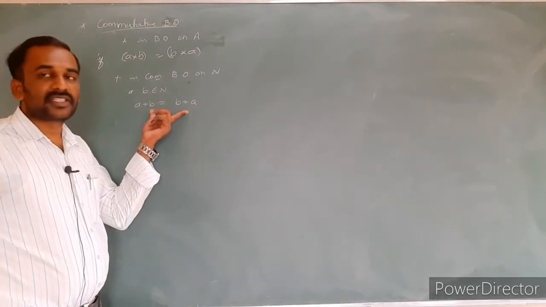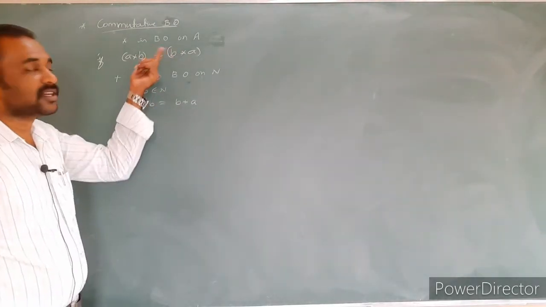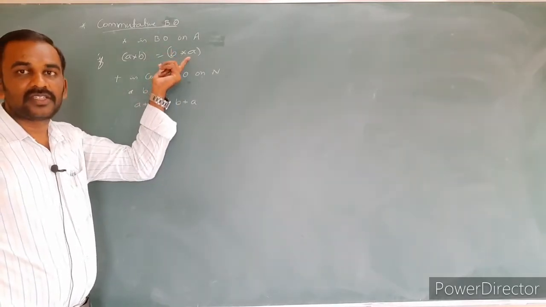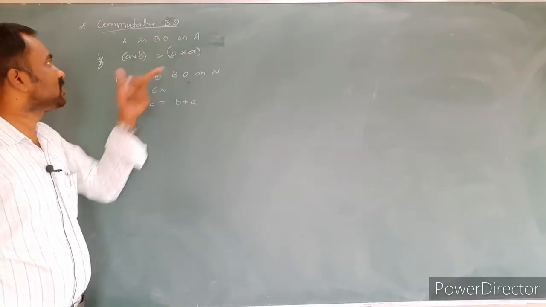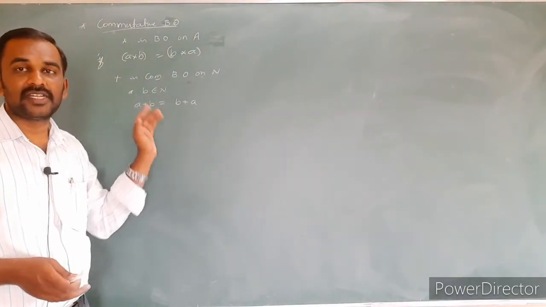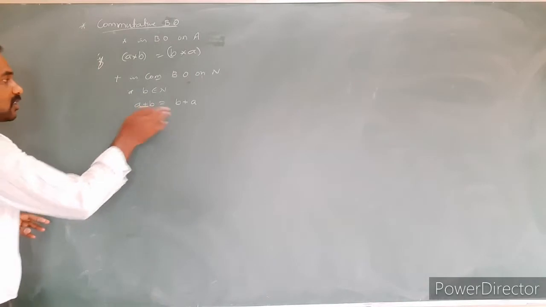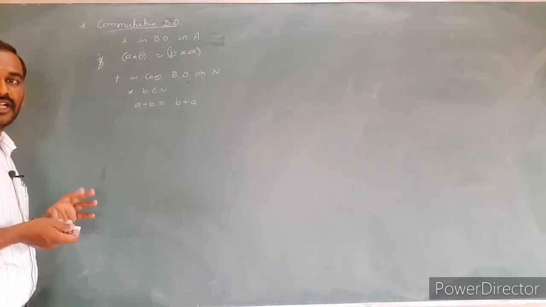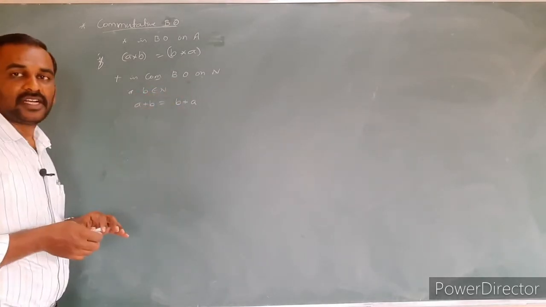Actually, we know this result, but we don't know how we got it. It is based on this result only. At the school level it is not possible to say commutative binary operation, that's why they introduce the basic definition right now. Okay, so addition is a commutative binary operation on the set of natural numbers.